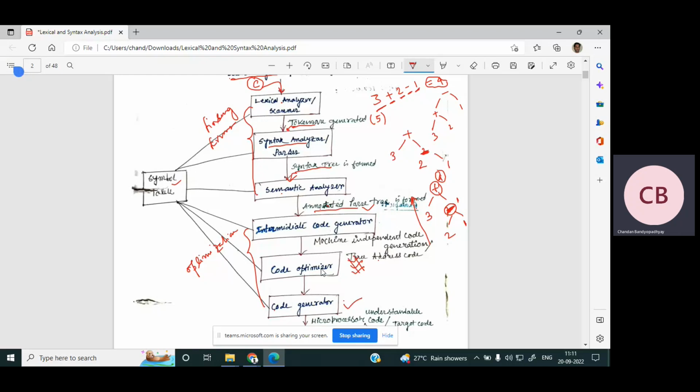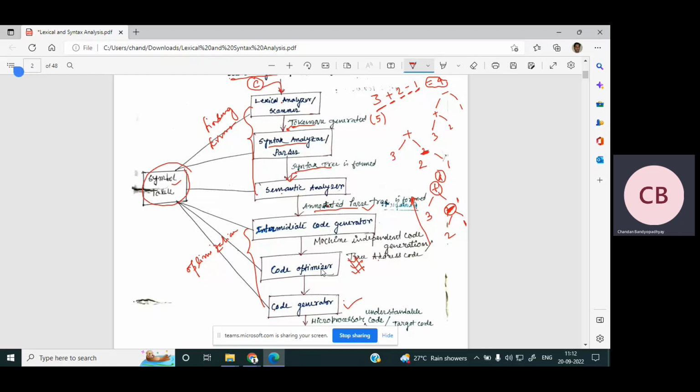One thing, as I have said previously, is that the symbol table is connected with all the phases in this architecture. We will look at the symbol table architecture later, but one thing you can be sure of is that the symbol table is like the head of your body. That means whatever sense you get from all the organs of your human body is sensed or controlled by your brain. So the symbol table is an architecture, or we should say a data structure,